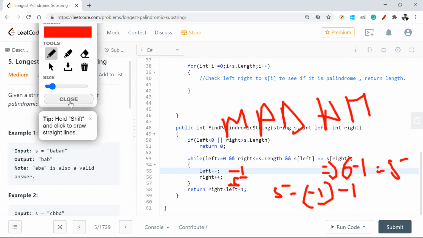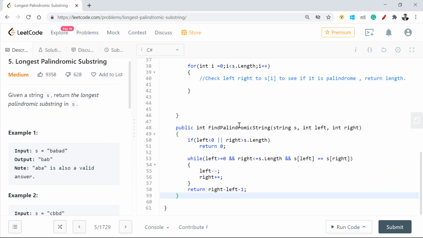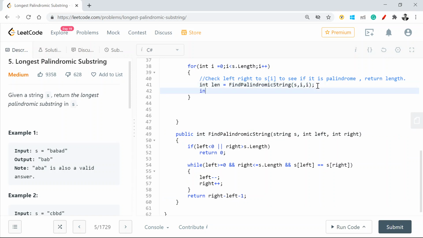Hence this formula. Now I have this particular method which is going to give me the length of a given substring, right? What it needs is I comma I. As I said, we need to consider a given character as the central point and go towards left and right. But this again is not going to do the job. This will only work if the substring is an odd substring. If it's an even substring, what we have to do is I plus 1, right?